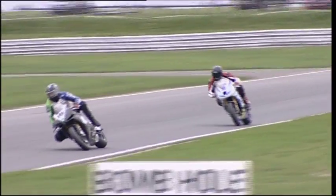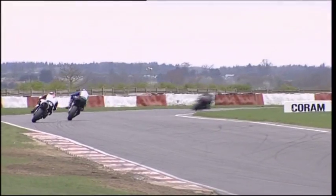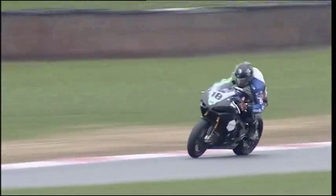Here is your race leader, 1, 2, 3, Danny Murphy, ahead of number 18, Mark Miller. Then it is John Ingram on that Triumph. How has he managed to stay with the leaders for so long? You've got to say that Danny Murphy's doing an excellent job of just pumping in fast laps after fast laps. He's into the 111s already, and he's able just to break away from these two. I think they are probably just going to scrap to the line now. There's not long to go in